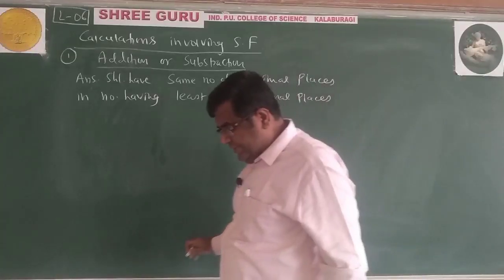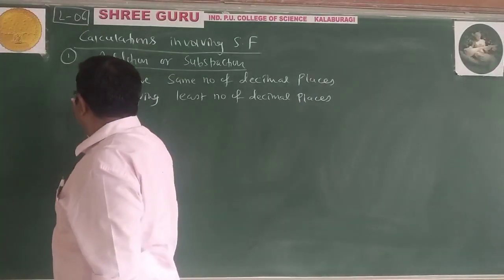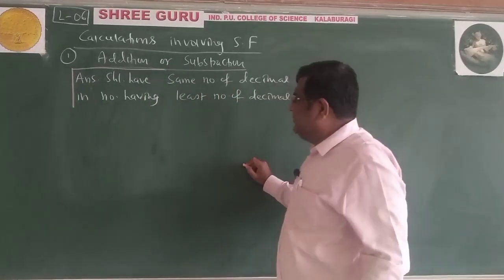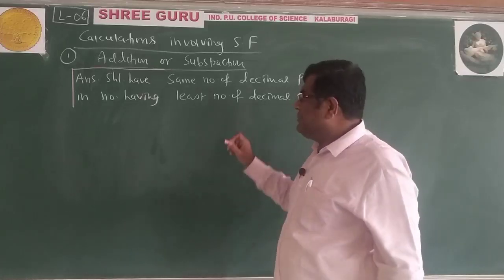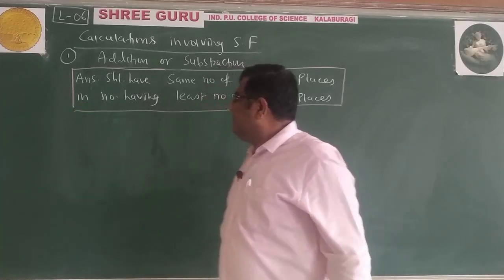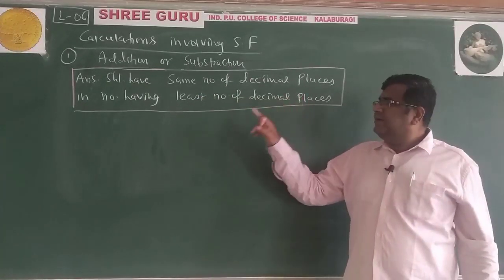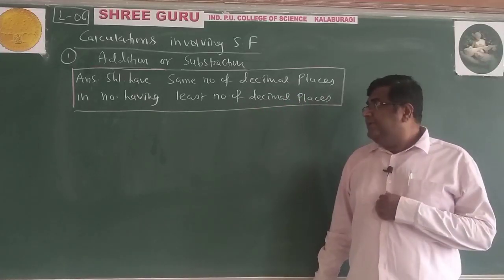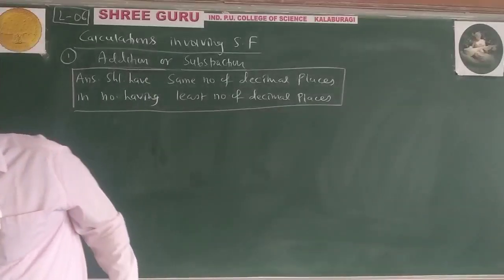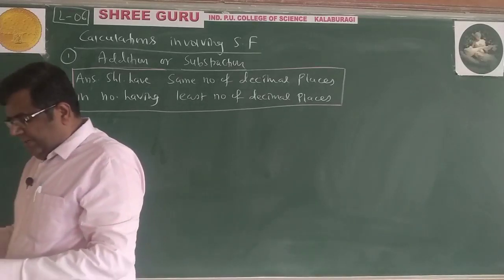Now we have to understand what we are writing here, because it is a very important statement. When we add or subtract, addition and subtraction, how do we report the answer? The answer should have the same number of decimal places as the number having the least number of decimal places. Now I will give an example. I will give many examples so that you can understand it. The first example which I am giving here